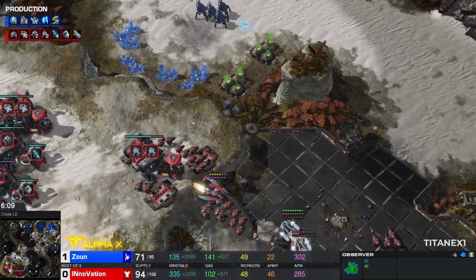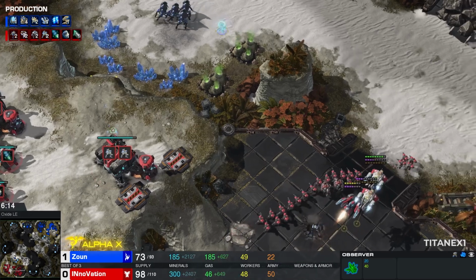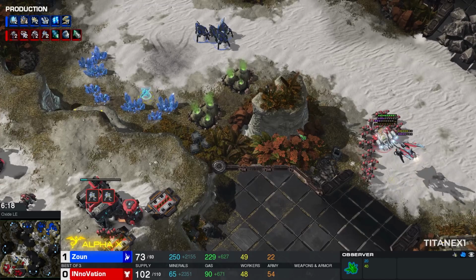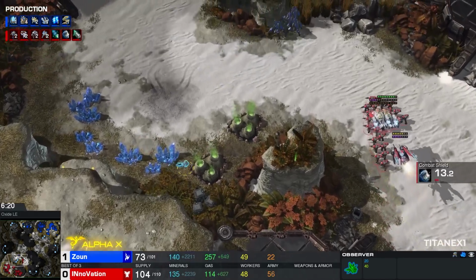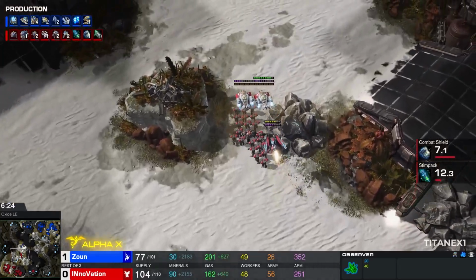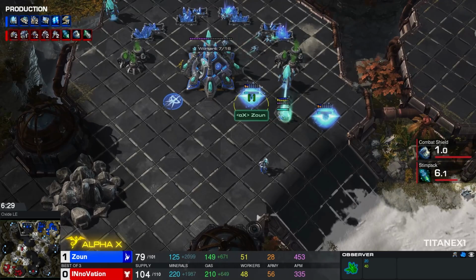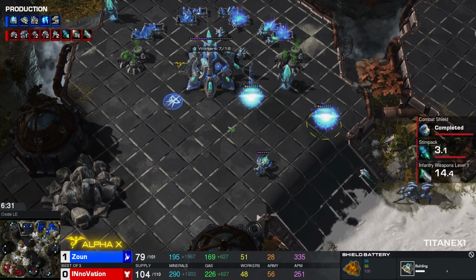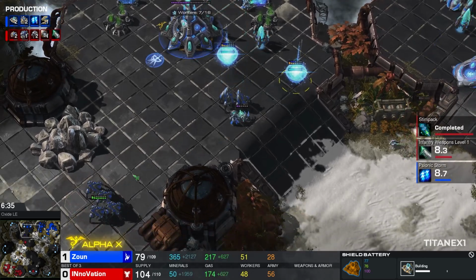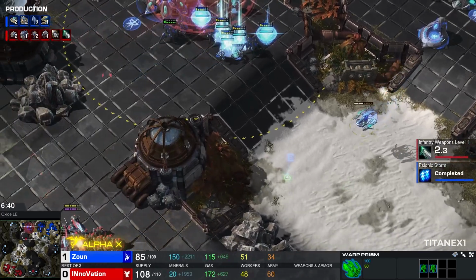All right, we're gonna have a little bit of a dance here between these Stalkers and these Marines. Looks like these Stalkers might want to go into the main base to harass, but Innovation is parking some units there. And he'll start moving out, and ZOUN sees this with the Observer, so right now he needs to throw down some shield batteries. You can see him throwing two shield batteries down. His storm is about to finish. Does he have any Templars out? Yes, he has 2, so very similar play